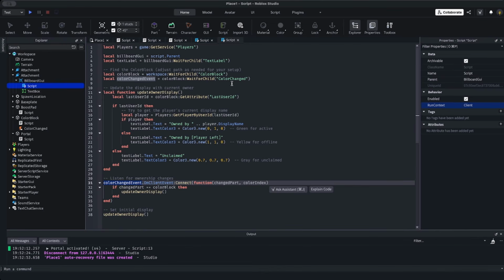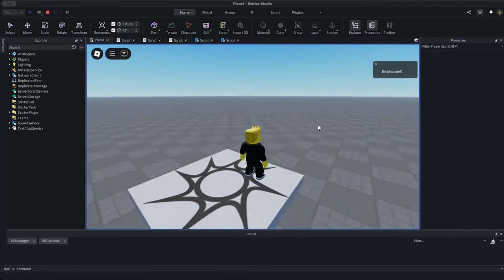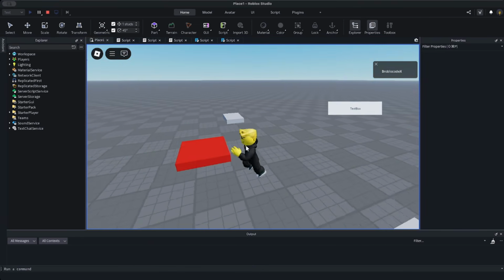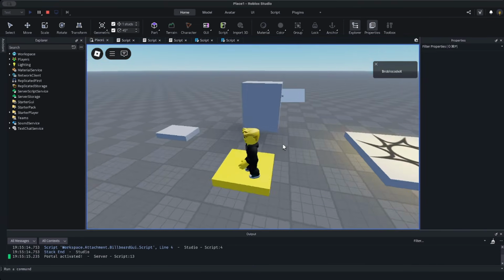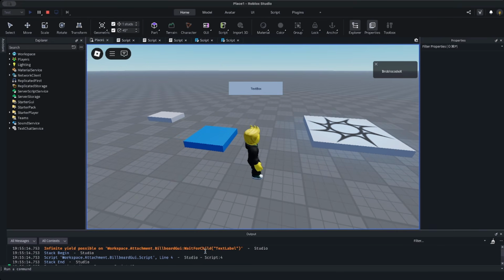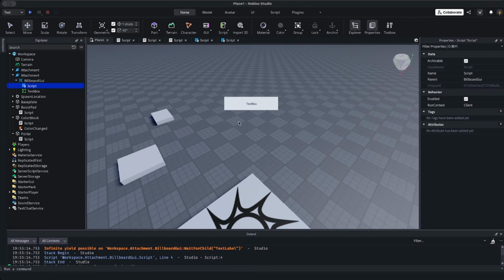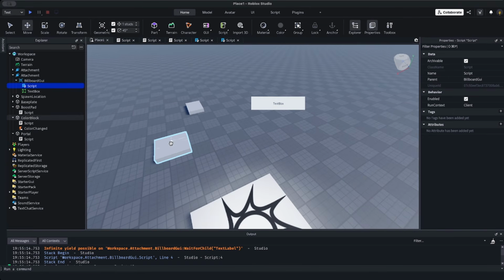We'll check only if the user ID is changed, and then we can trigger another event saying ownership is changed, and it will be more optimal, because now we fire this event all the time when the color changes. But in fact, color changing does not always change the ownership. We have some